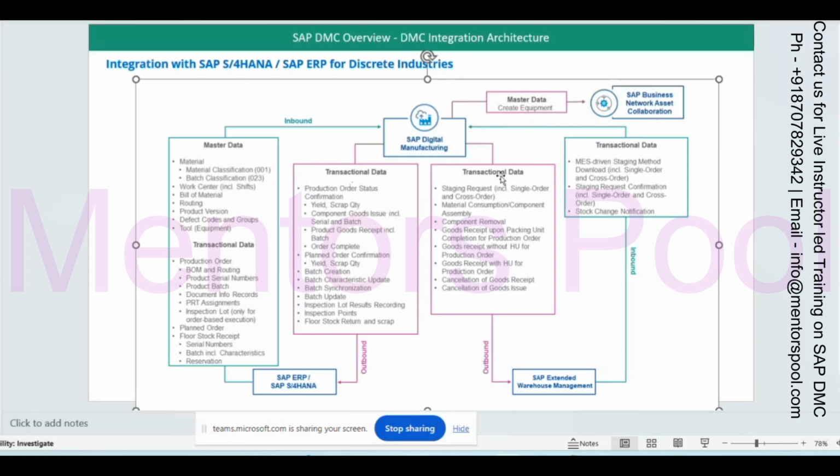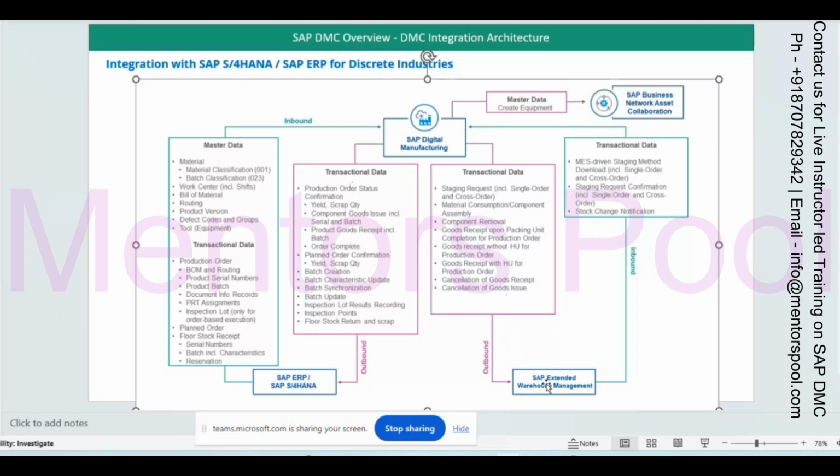In digital manufacturing, suppose in the case of SAP Extended Warehouse Management, EWM, it's also connected to the EWM. What all can EWM send as data? There is a MES-driven staging method download, and stock change notification.